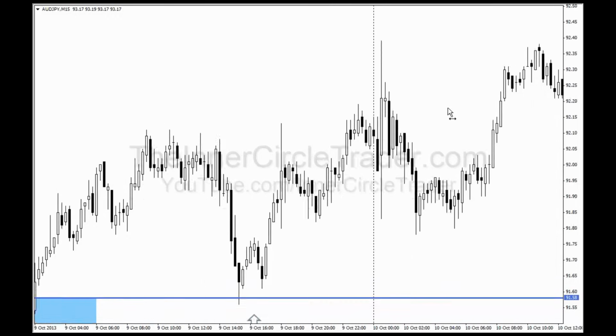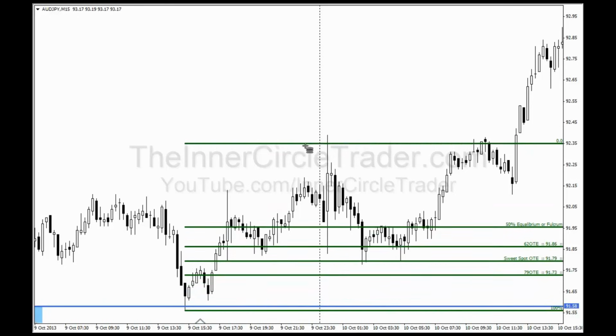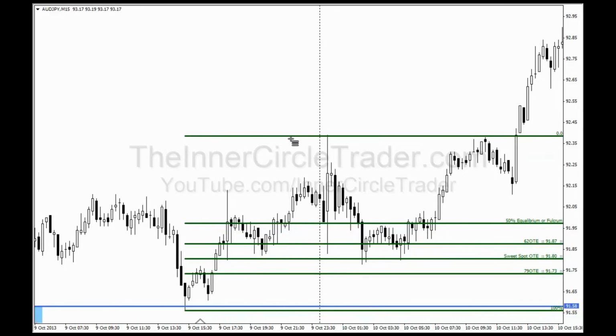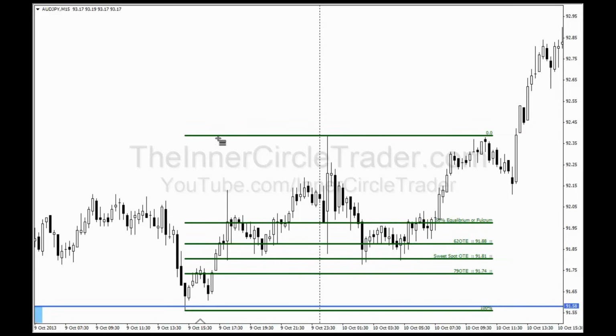Okay, and now we have another opportunity to see another optimal trade entry here using this range. So move this over so you can see a little bit clearer. We have the low here, trading back down. Now as price moved off that larger order block level,